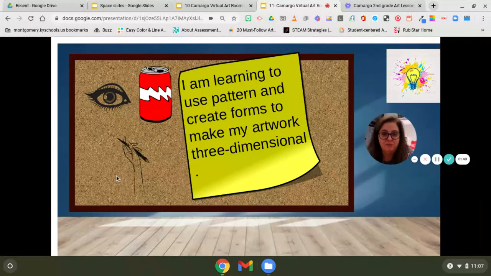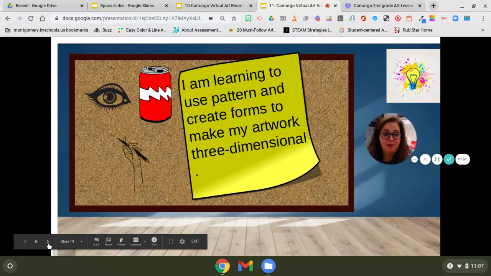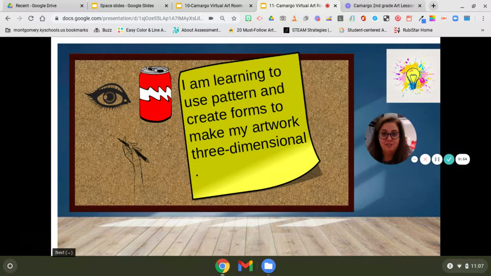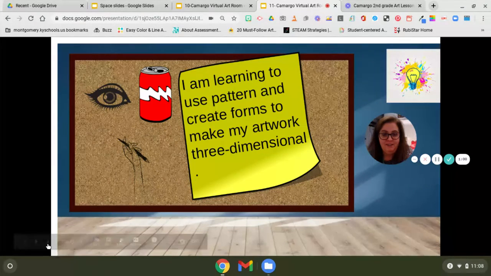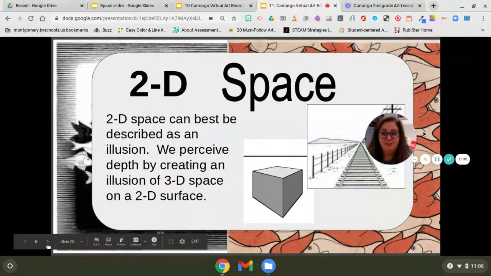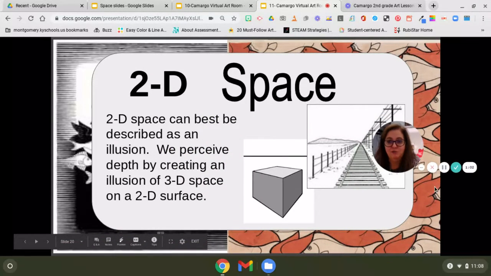So today we're going to be learning to use pattern and create forms to make the artwork look more three-dimensional. You are going to be thinking about space today, the element of art called space, and the element of form. Also the principle of design called pattern. So let's talk about